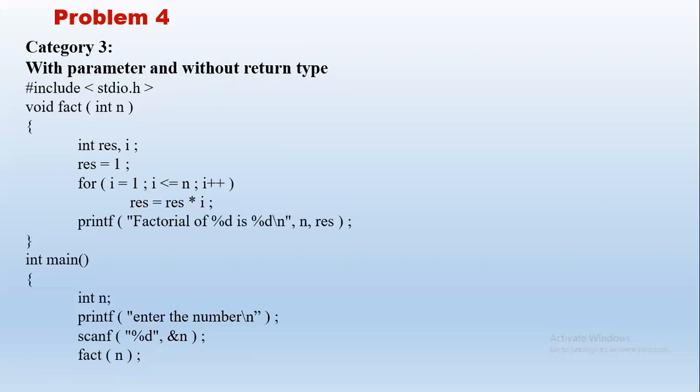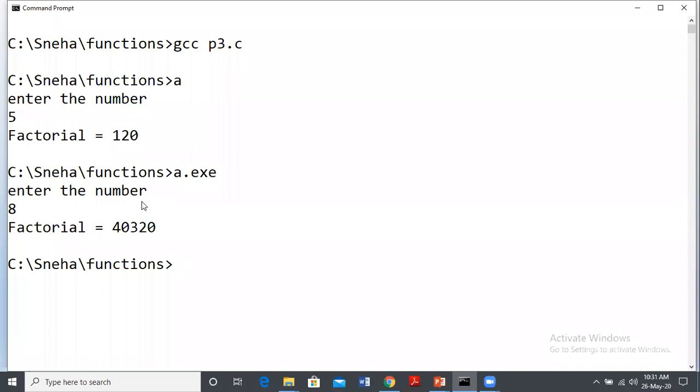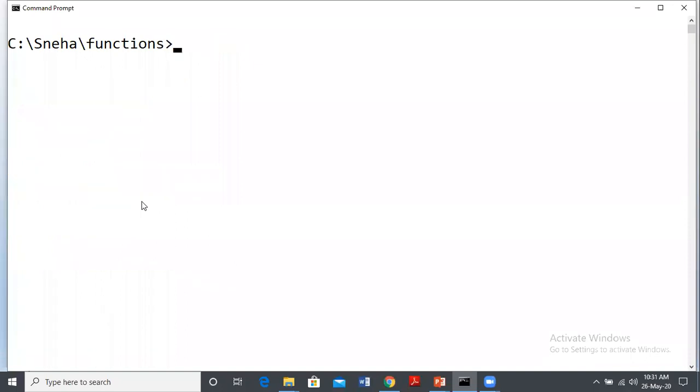Note that the execution is pretty similar. If we see the output screen for all the 4 categories as well as the program without function, the output is very much similar, but only the way of implementation is different. Here we are printing the factorial value within the function. Let us execute this. Clearing the screen with CLS.